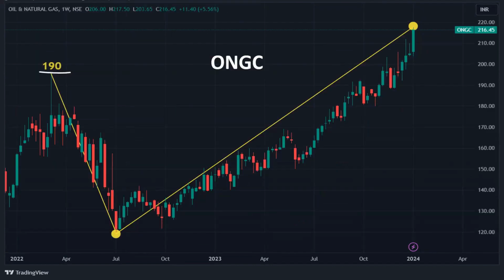And what is next? ONGC. What was the problem with ONGC? ONGC was available around 180, 190 rupees when the government imposed a windfall tax. Definitely that was the first time for ONGC. Of course, even Reliance, also in that category, took a correction all the way from 190 to 120 rupees. Is it a company internal problem? Is it a company management problem? Does the company have any corporate governance problem?